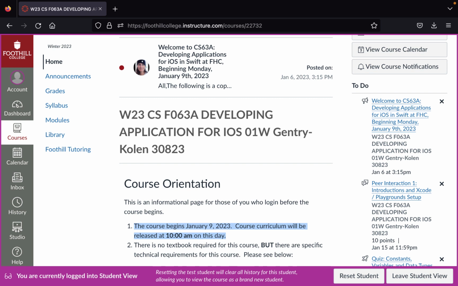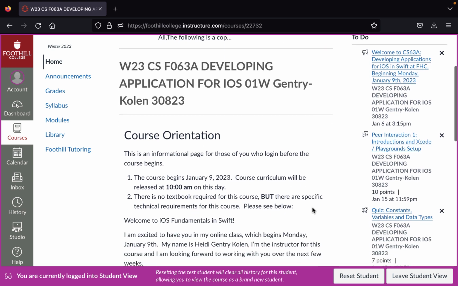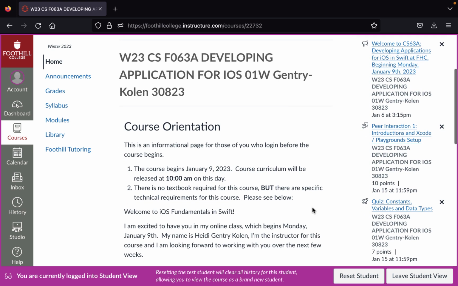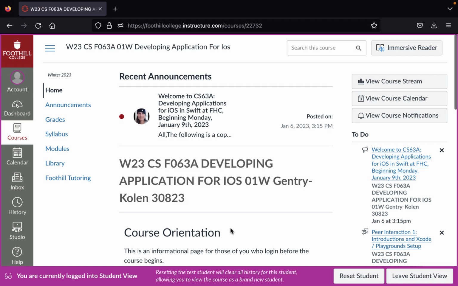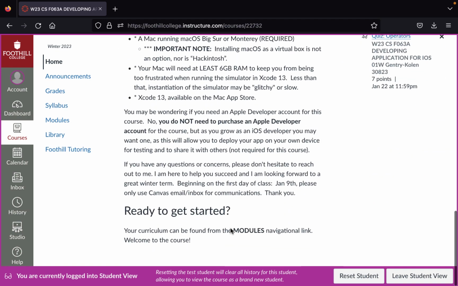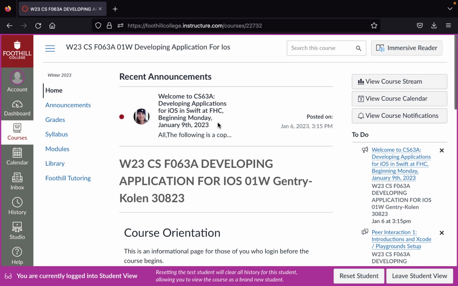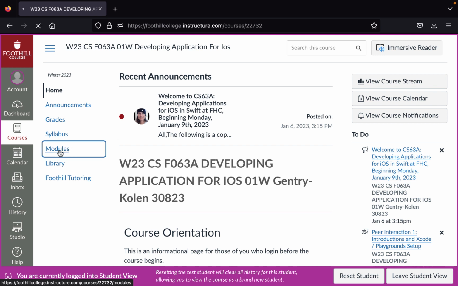So let's get started. When you log into the course, you'll be brought to this landing page. This landing page will look a little bit different once you're watching this video, just because this orientation video will be right here front and center. Next, in regard to navigation, you can either find your list of things to do on the right hand side, but I would suggest once you get in to always click on modules. Essentially, that's where our course feed is.